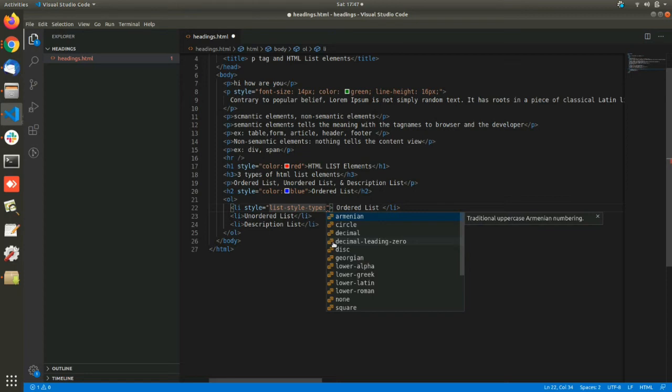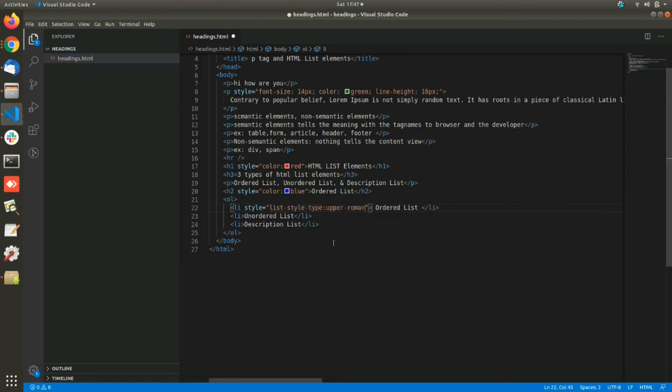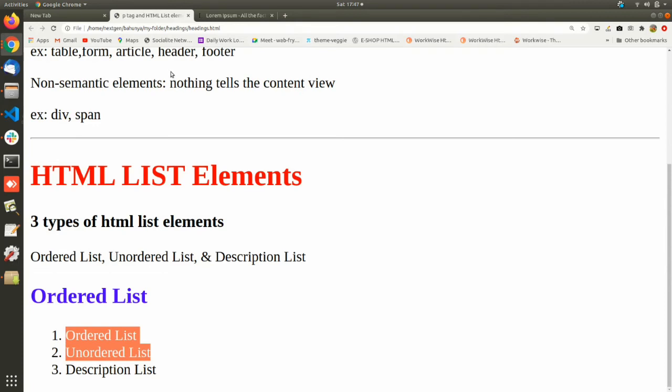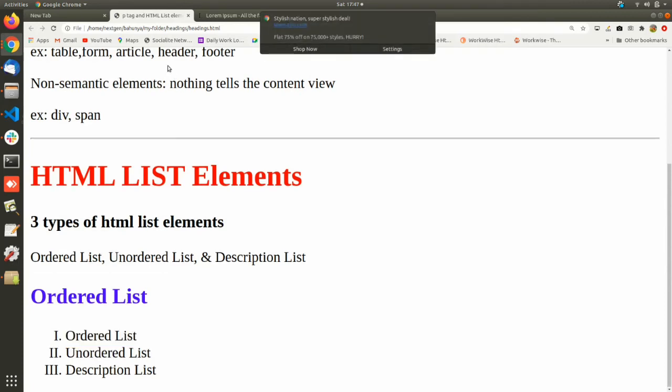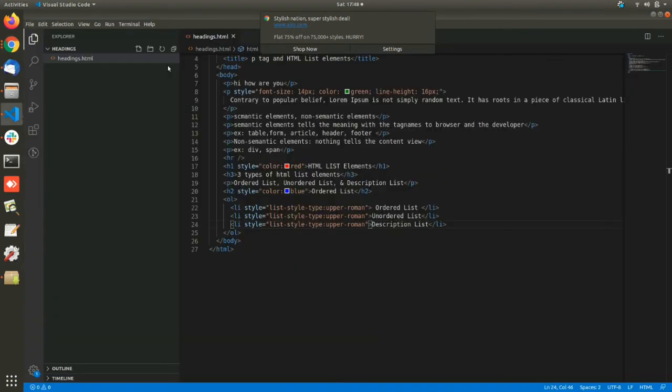List style type upper Roman. Let's give refresh and save here. See, Roman numbers are appearing. In that way we can give alphabets also.